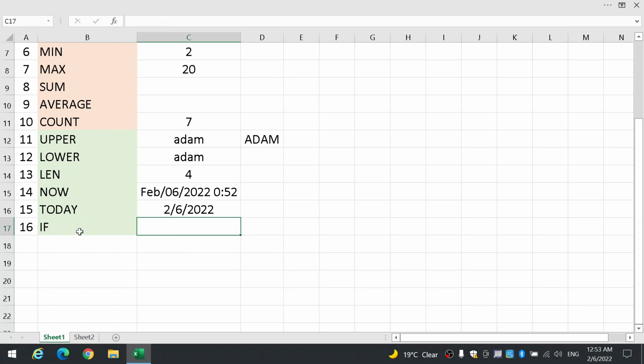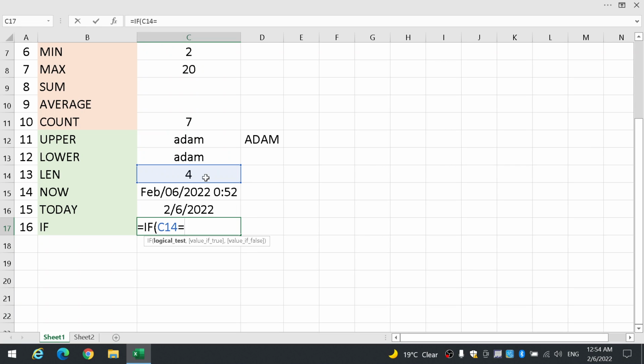Now we will come to a function which is IF function. So this IF function, it will have a logical condition and 2 options, either false or true, or bad or good. So let's assume that here, so if I have 4, I will select that's okay. If it's empty, I will mention that it's bad. So I will say equal IF tab. Then the logical test is this cell location C14